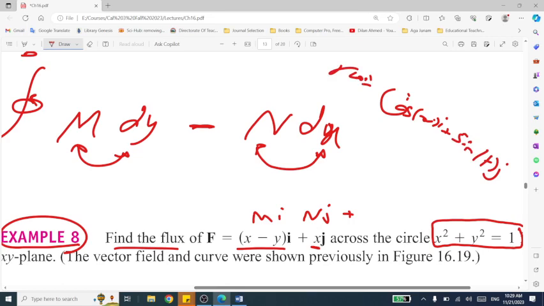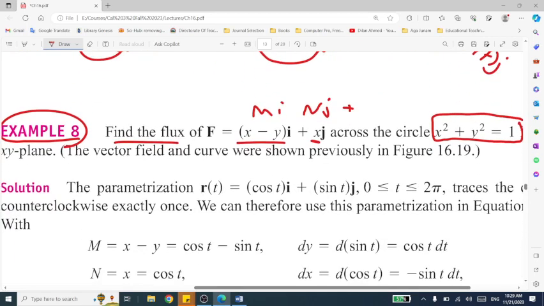So here is your i and j، ئەمە rt circle، 0 to 2 pi. کەواتە how we deal with it ئێستا؟ چۆن حەلیکەین؟